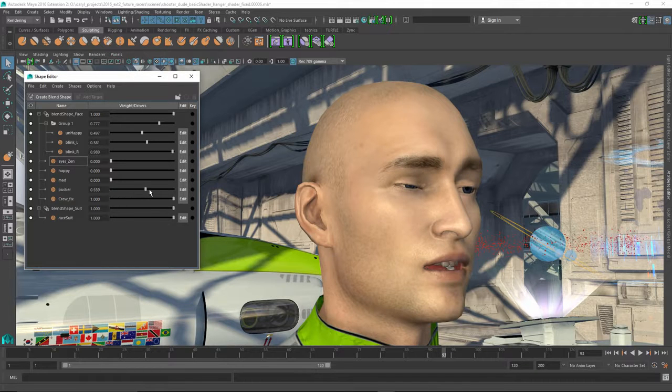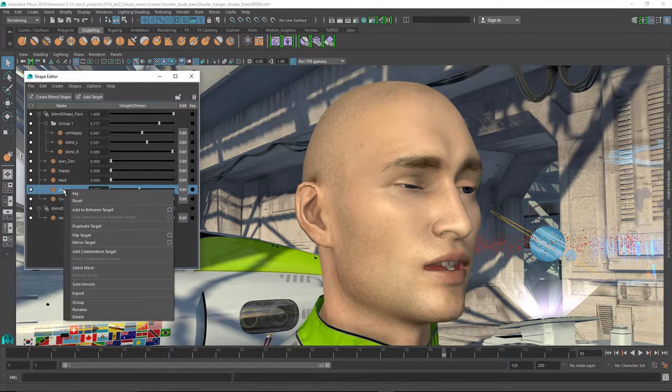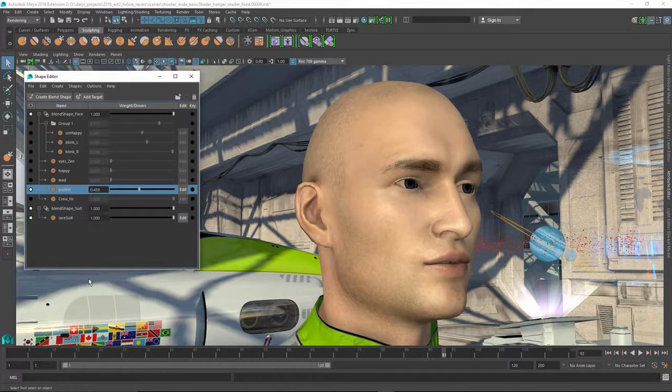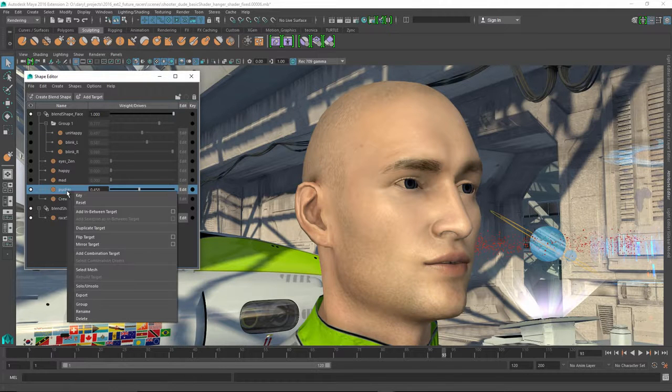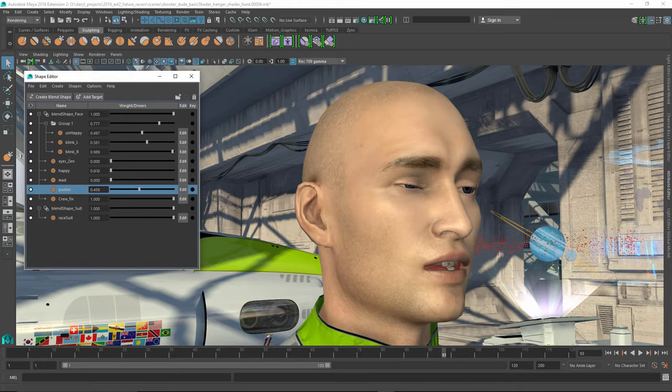Another thing that we've added is the ability to solo something. So if I wanted to see, well, what does pucker by itself look like? If I right mouse click on top of that, you can see that I can just really quickly go in here and solo the effect of that slider. Everything else is grayed out. I'm only looking at what the pucker slider is doing. Obviously, if I wanted to have everything else turned back on, all we have to do is simply go back and unsolo it. So those are a few of the little workflow improvements made to the shape editor,